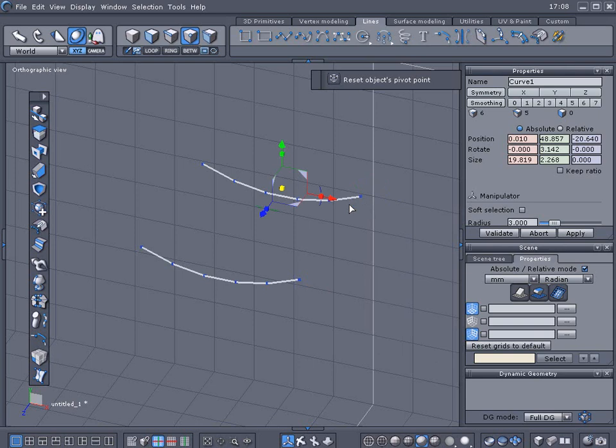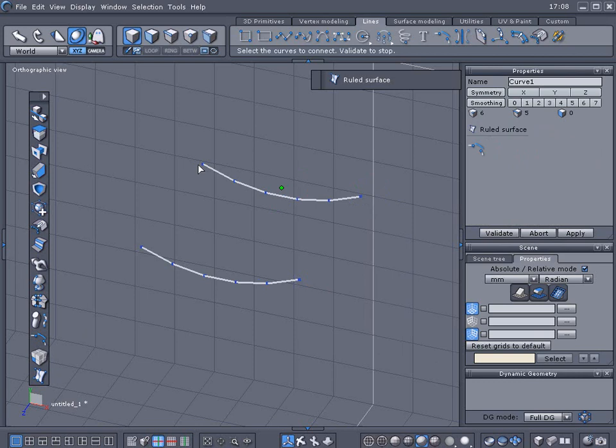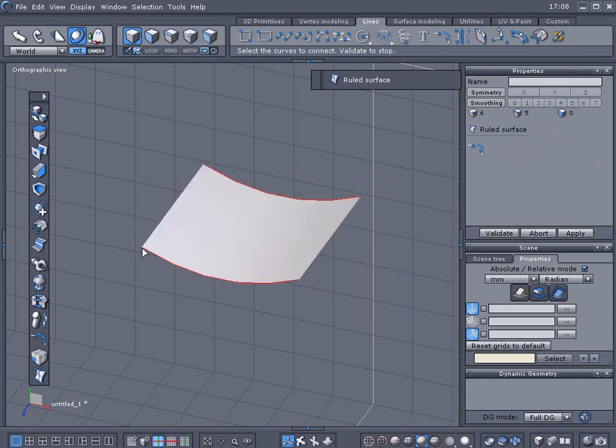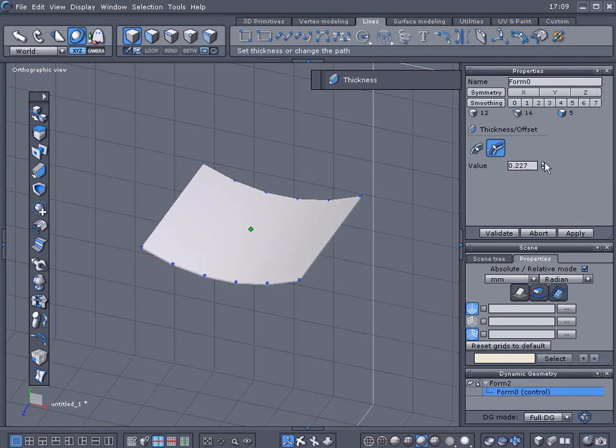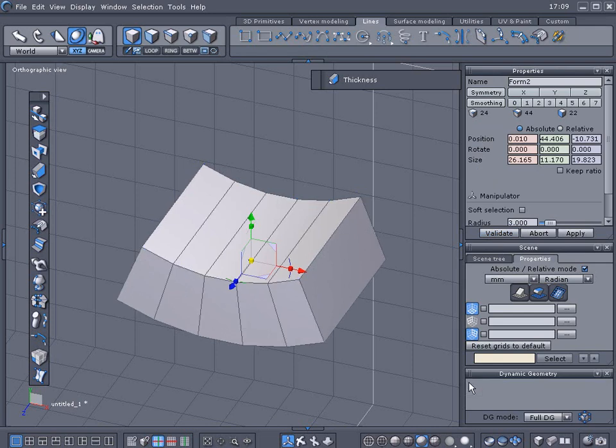Next we're going to use the ruled surface. We're going to select here at this point, and we're going to select across. Alright, we're going to go ahead and validate that. Select the object, collapse all the DG here, and we're going to go add thickness to it. Alright, we'll get about this thick here. Collapse DG,